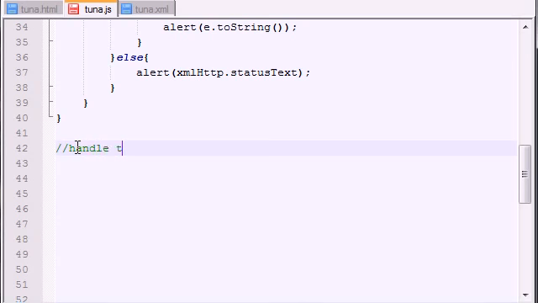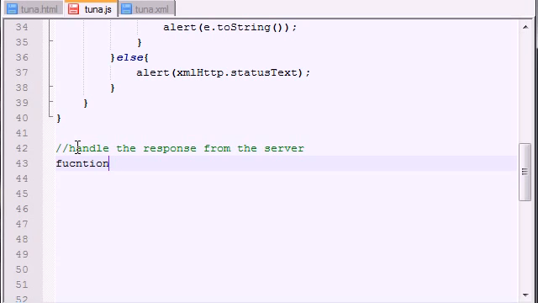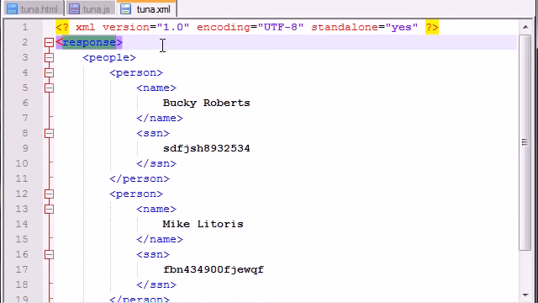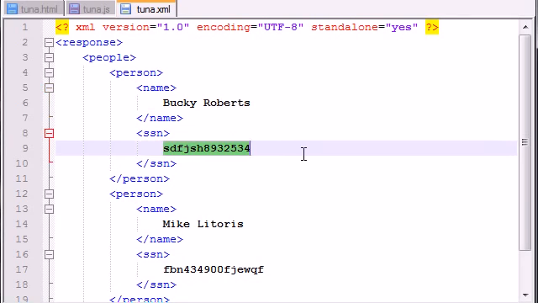Alright, so handle the response from the server. Now, of course, I spelled function wrong. This function name is handle response. What this is basically going to do is loop through the XML file and grab all of the important data that we need, like the names and the social security